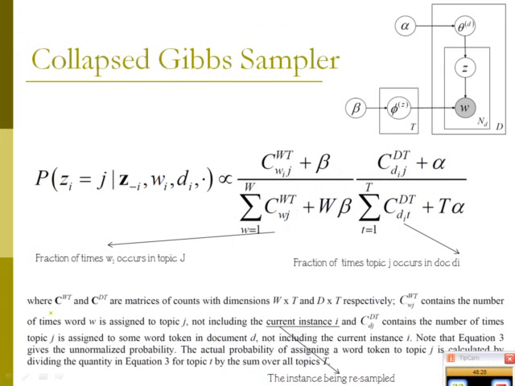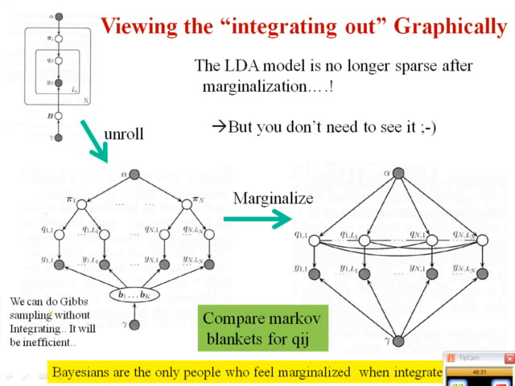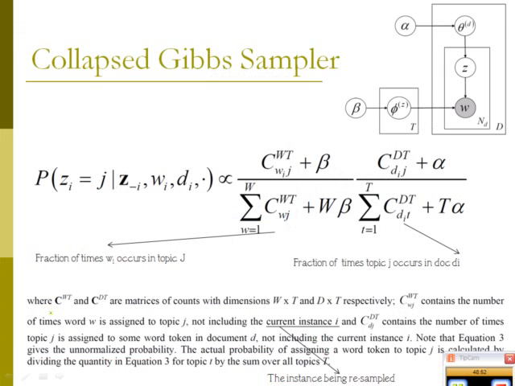So now I'm basically going to do Gibbs sampling on this. What that means is I'll start with all the words here, give some topic distribution up front, and then keep resampling the topic assignments, each one at a time. To do that, there's a good part and a bad part. The good part is that for resampling a particular Zi, one of these topic variables corresponding to the Wi word,